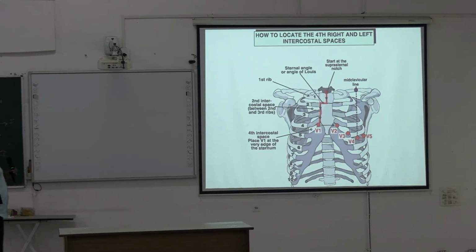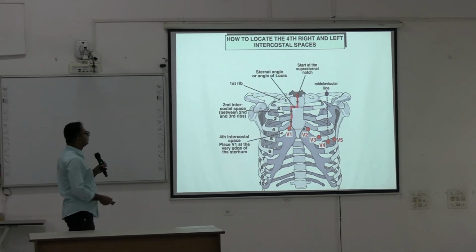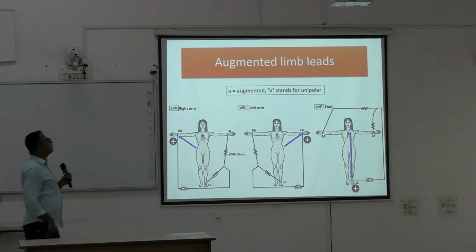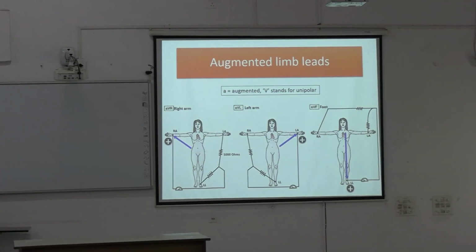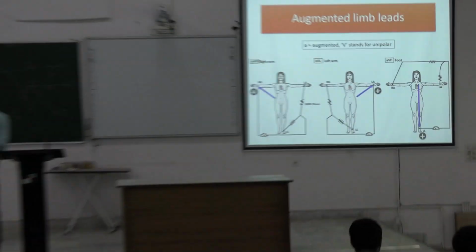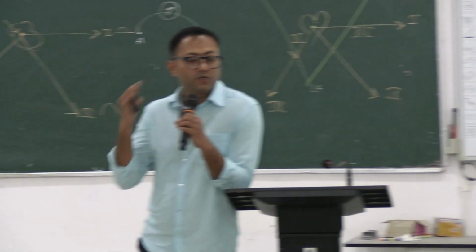Chalo. Again, the positions are shown. Okay, now come to the augmented limb leads. What are augmented limb leads? Okay, by now we have known lead 1, lead 2, lead 3